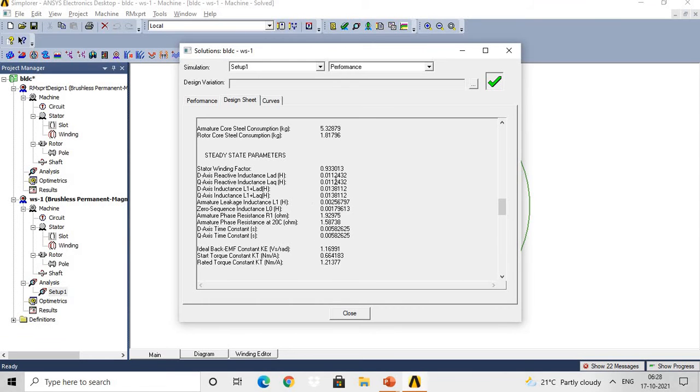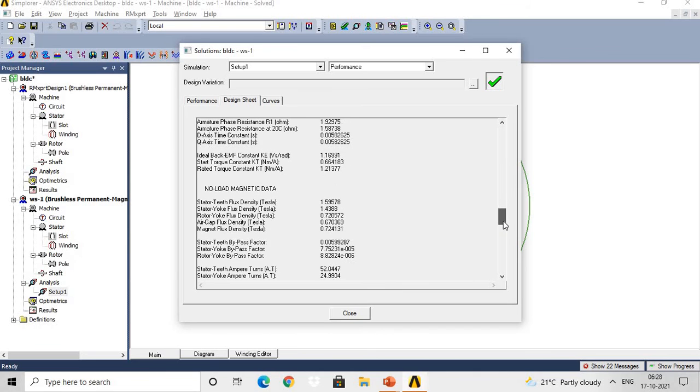So I am not going into detail of these magnitudes, because here we are not going through the actual design of the motor, but we are going to study how to design the BLDC motor with the help of this ANSYS Maxwell RMxprt tool. And apart from that, what is the information available, like ideal back EMF, starting torque constant, rated torque constant.